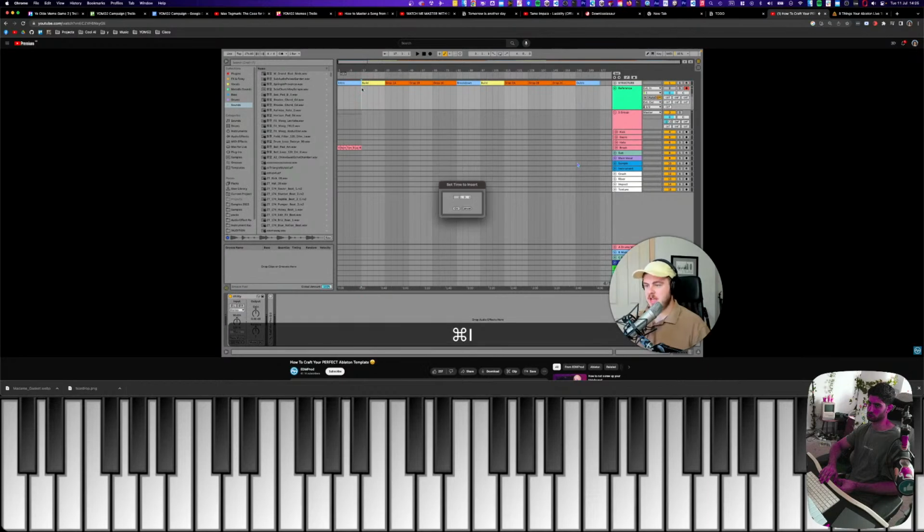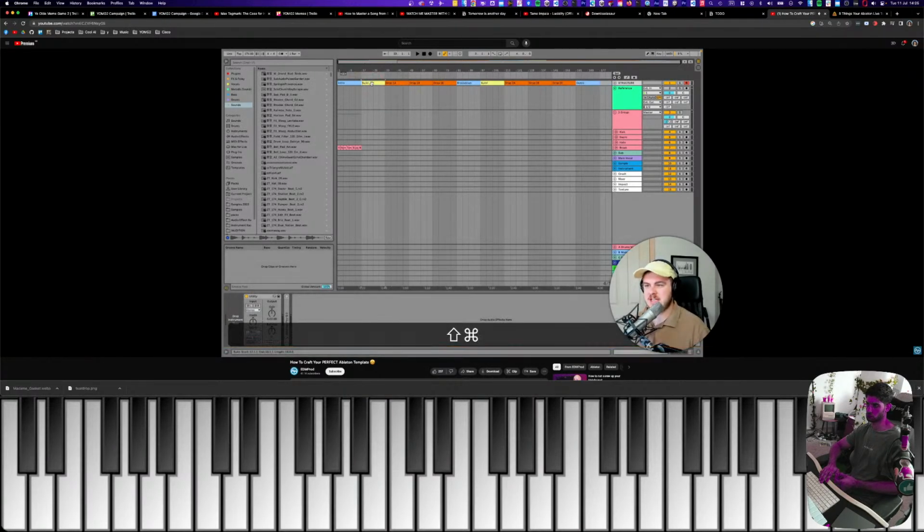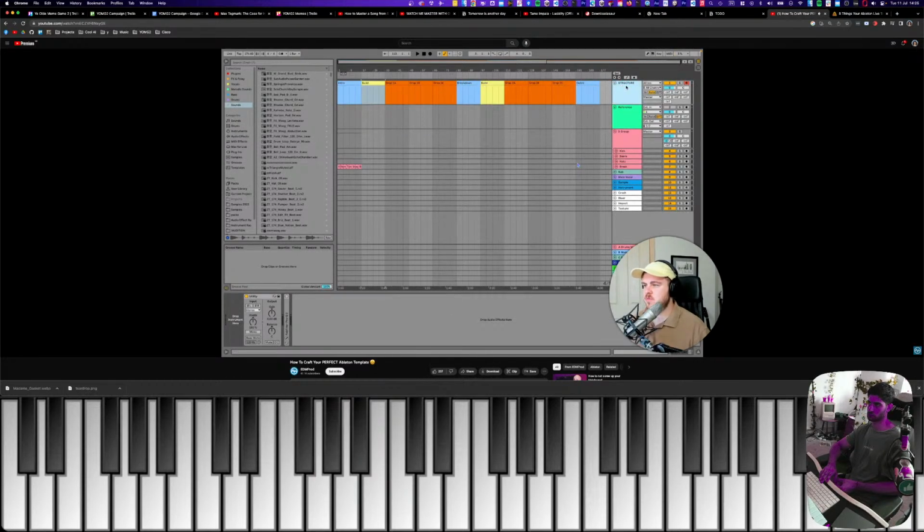I can also use Command-I to insert more time and say I want to extend the intro out. I can do that. I can Shift-Command-Delete time. I could also Shift-Command-D, duplicate time, so I could make the build twice as long there, add an extra drop section there, etc. Now, I do this with dummy MIDI clips in this case. Basically, you just want to create a new MIDI channel. I've called